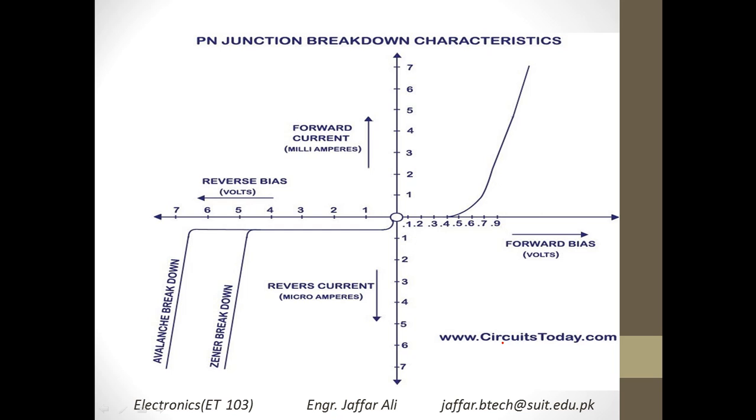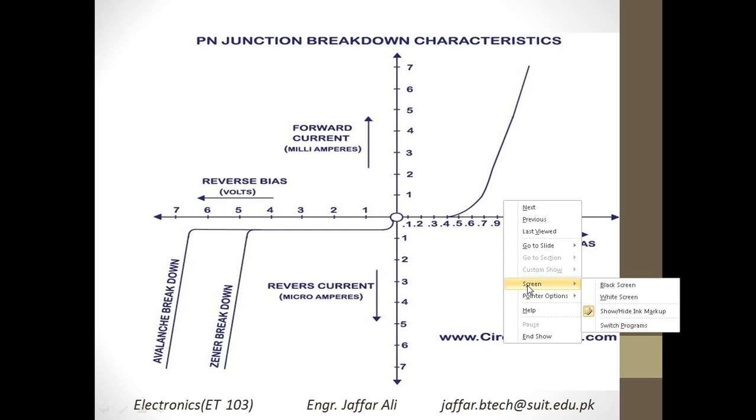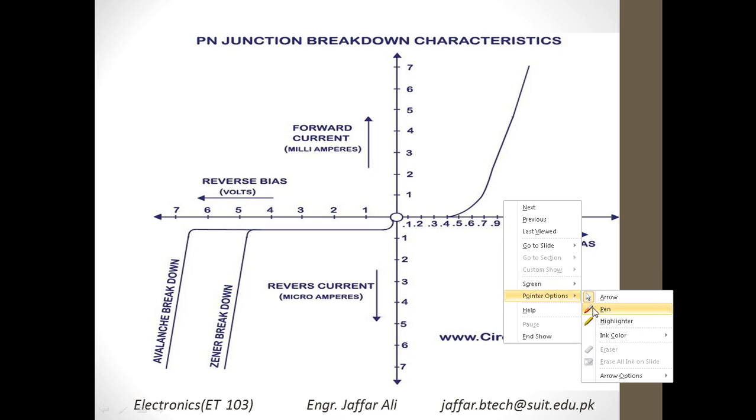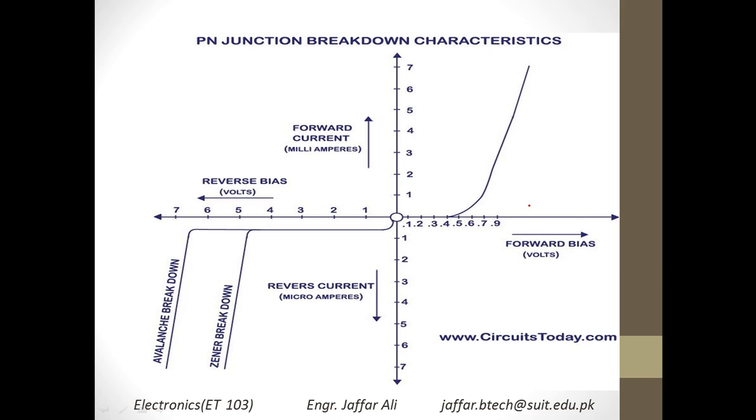So this is an amazing diagram. From this diagram you can see what I am trying to make you understand. This is basically the PN junction breakdown characteristics. We are not interested in this region, we are interested in the reverse region actually. This region is the normal diode, you can say, which works, but in a normal diode it is very thin like this.